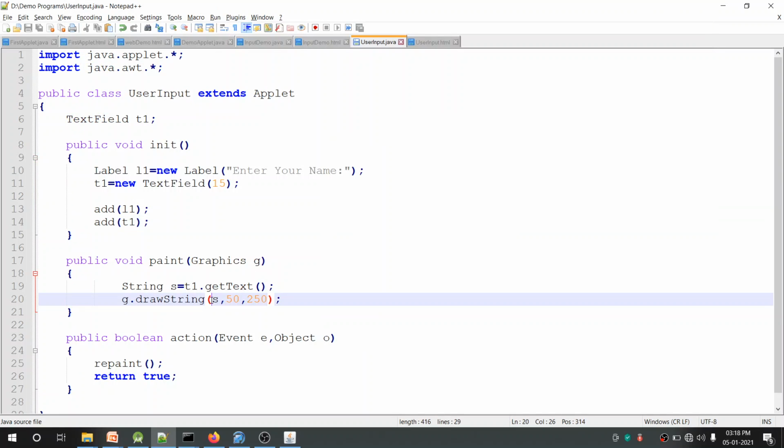Say I want to display a message, your name is, then I can include it here directly. I can say your name is, and some space, and I can concatenate it with the variable s. Variable s contains the text which is entered in the text field, remember.